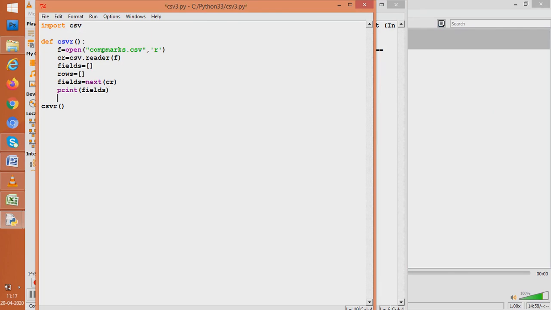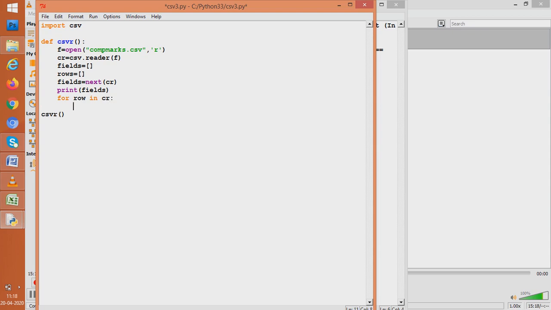So what we'll do here is write some code. We'll write for. We all know that CR has now started pointing to the data rows. So we'll write for row in CR.